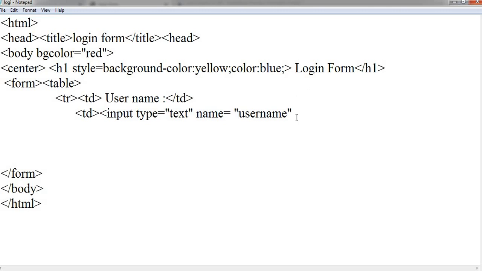So this will display the name on the page, and close the required td that we have included.